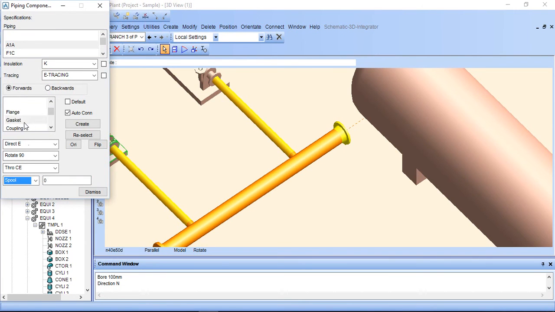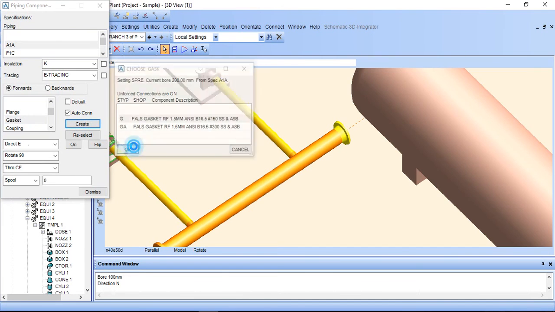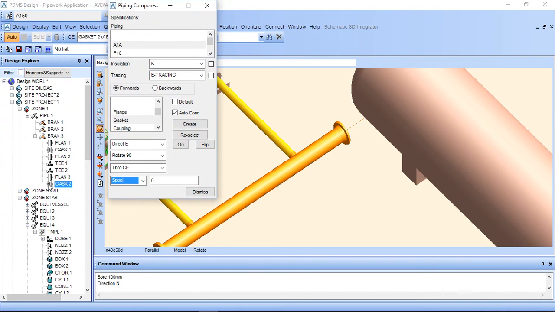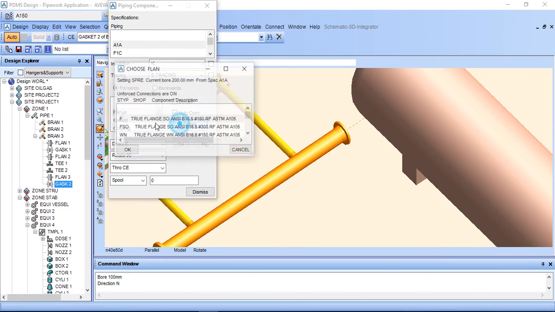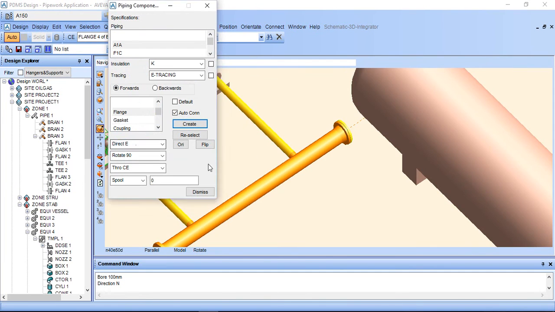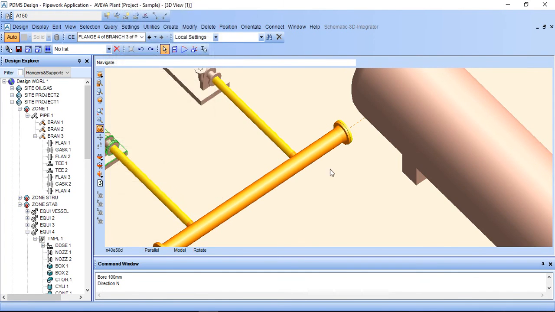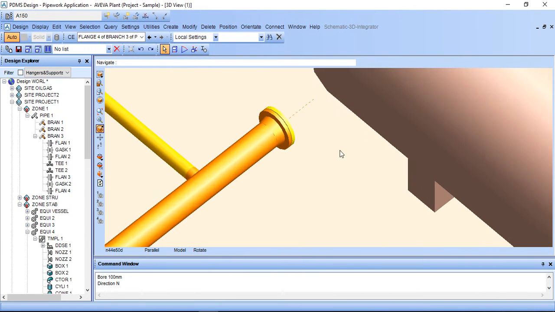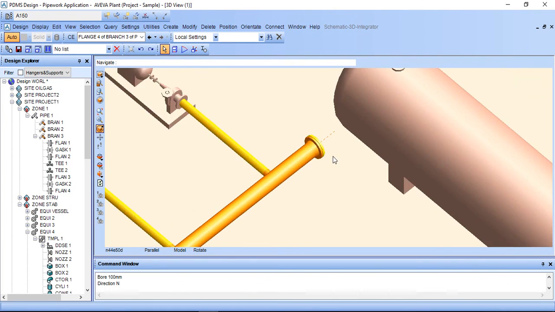After this, gasket, 3 mm spool. It is creating here. After again flange, so it is created.